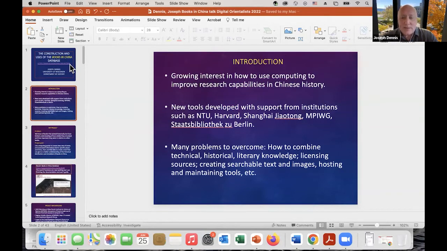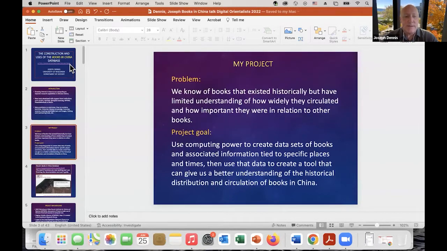But there's all kinds of very difficult problems. Some of these are technical, some are licensing of databases, a whole host of different issues. And so I'll talk a little bit about some of these as I go through this presentation. My project is really trying to understand the circulation of books historically.